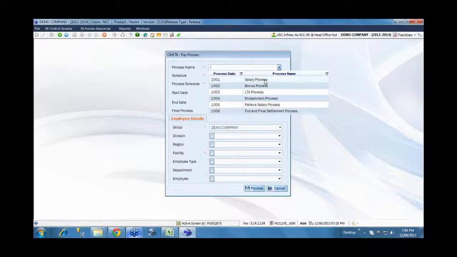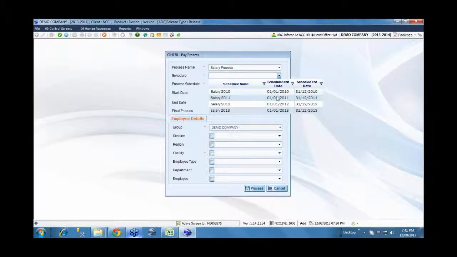Similarly, there is an encashment process, relief sale process, full and final settlement process, and arrears. For example, an increment is announced and they want to pay it effective from a certain period and process the arrears for it. So all of these are various processes relating to payroll, not just the salary. Each of these processes is not predetermined, whatever you are seeing here. Any other provision which is required can also be defined in the system, along with the associated schedules related to each of the processes.